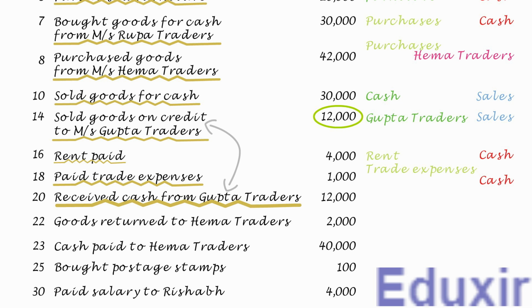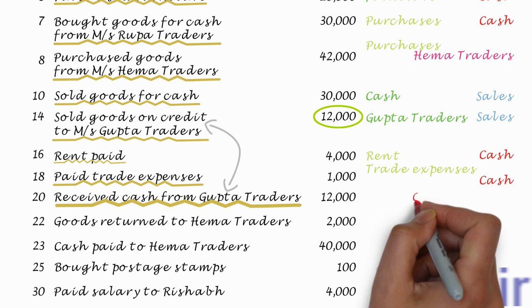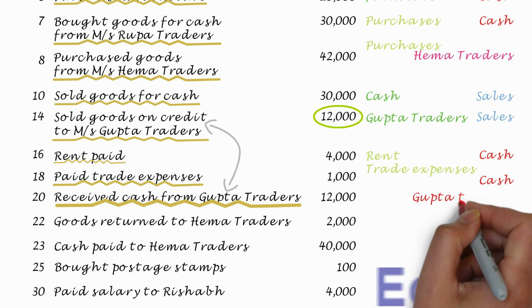As in this transaction, the debtor Messrs. Gupta Traders is paying back to the business, the liability of Messrs. Gupta Traders to pay back to the business will be decreasing. Note here that I am talking about the liability of the debtor Messrs. Gupta Traders to the business and not the business liability. This implies that the debtor asset of the business will be decreasing in this transaction. The rule to record any decrease in the asset is to credit the corresponding assets account. In this case, the debtor Gupta Traders account should be credited.